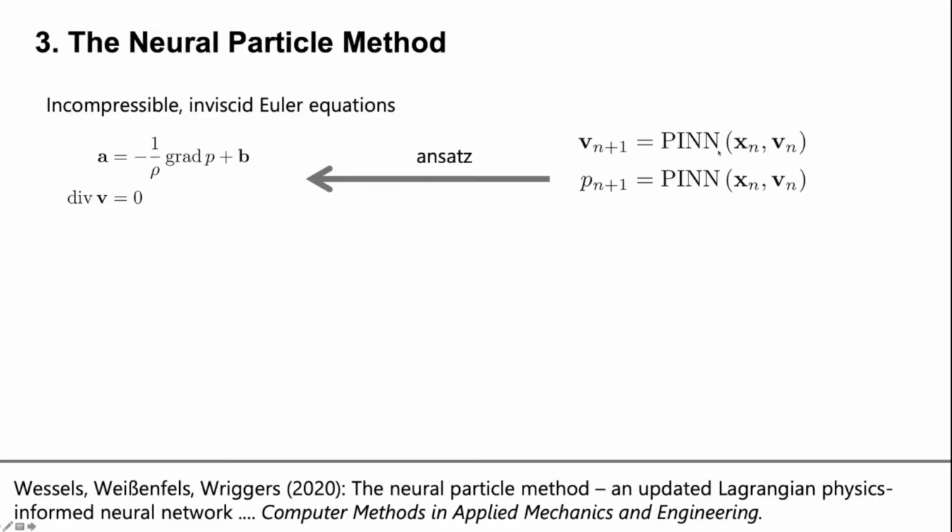So yeah, it's just a physics-informed neural network which takes in the velocity of the old time step, but not as an input. It comes in from the side. As an input is only here the